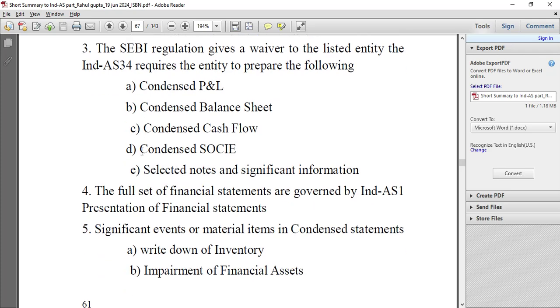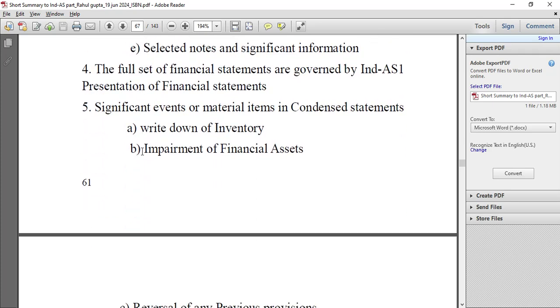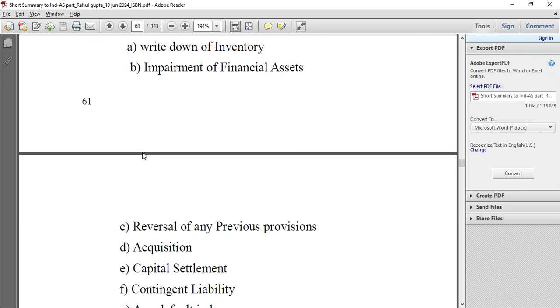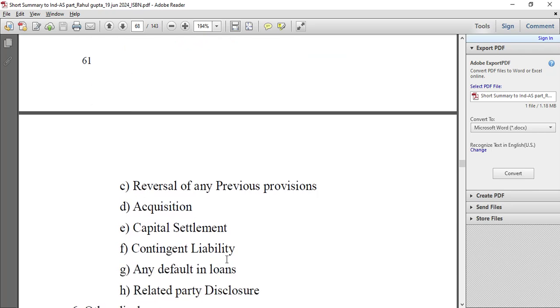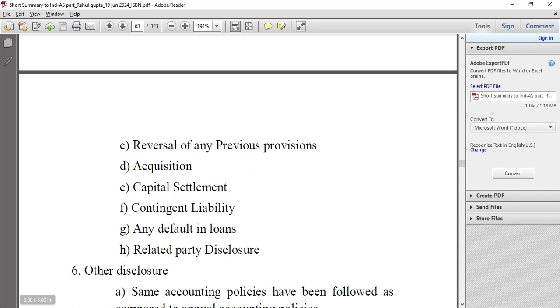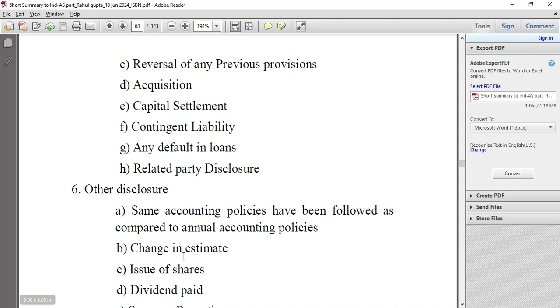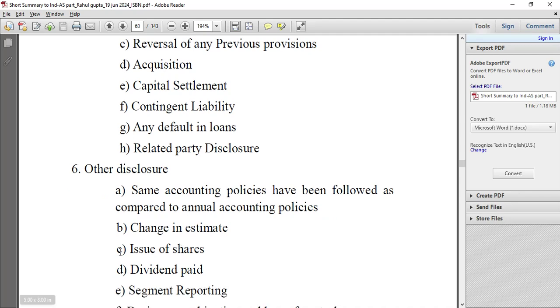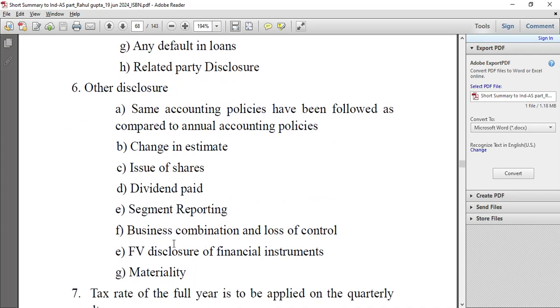Significant events and material items in condensed statements: write down of inventory, impairment of financial assets, reversal of any previous provisions, acquisitions, capital settlement, contingent liability, any default in loans, related party disclosure, other disclosure. Same accounting policies have been followed as compared to annual accounting policies. Change in estimate, issue of shares, dividend paid, business combination and loss of control, fair value disclosure of financial instruments,